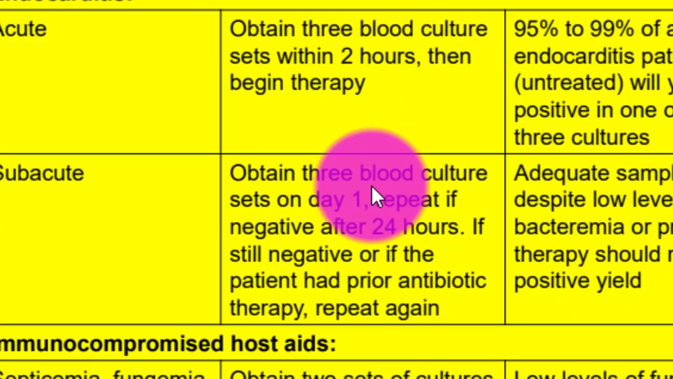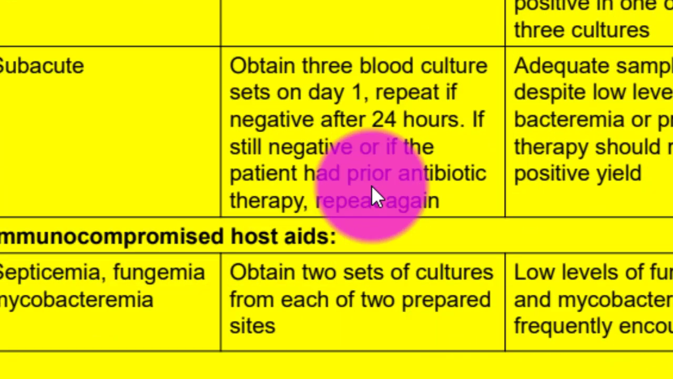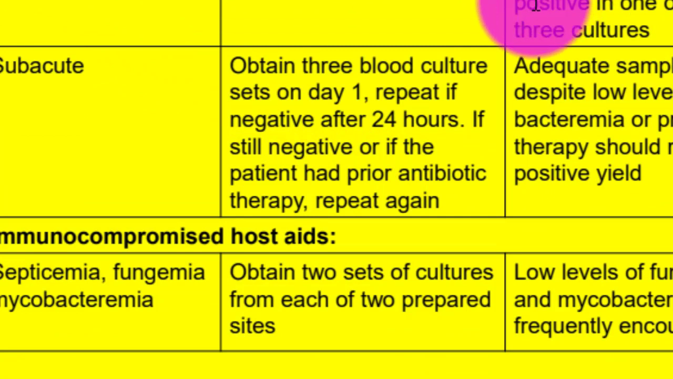Clinical disease suspected: endocarditis, acute endocarditis. Obtain 3 blood culture sets within 2 hours, then begin therapy. 95 to 99 percent of untreated acute endocarditis patients will yield a positive result in one of the first 3 cultures. Subacute